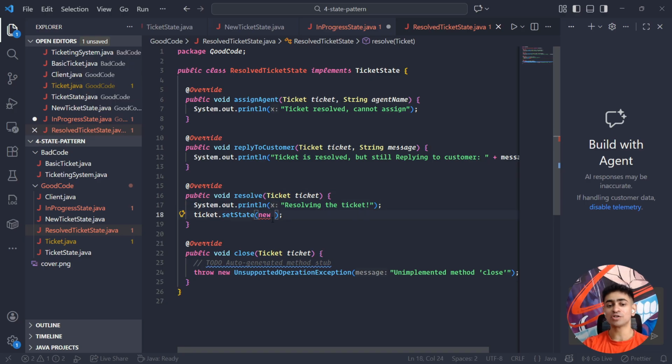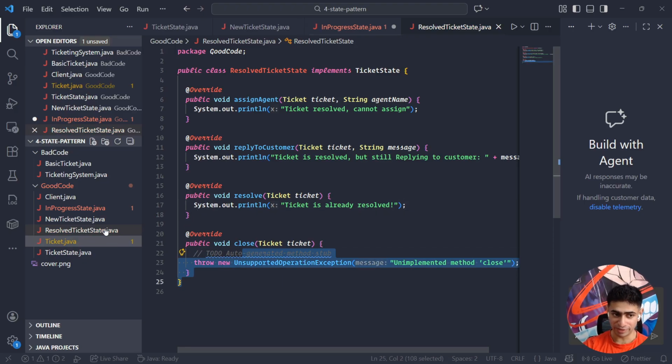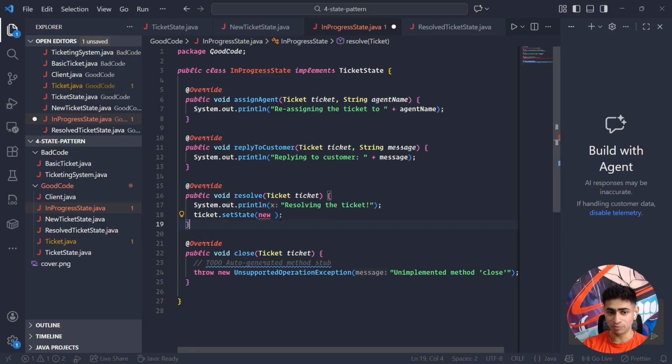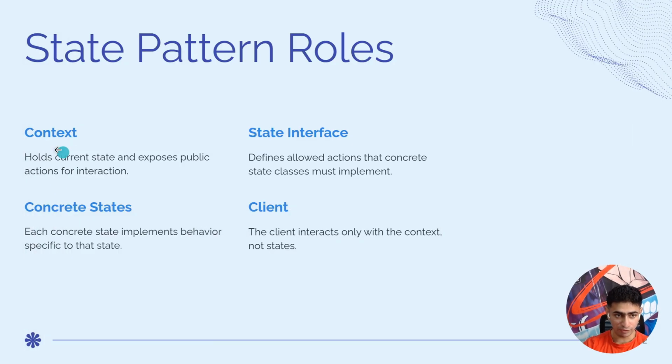And resolve. What should happen? Resolving the ticket. No, the ticket is already resolved, right? Now let's come back to the close implementation in some time. But for now, let's come back to the in progress. So in progress, if you resolve an in progress ticket, you should be able to, okay, if it's becoming confusing,